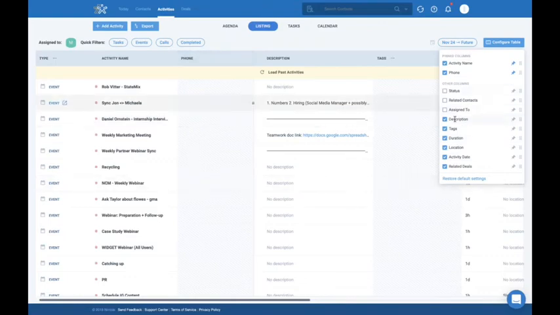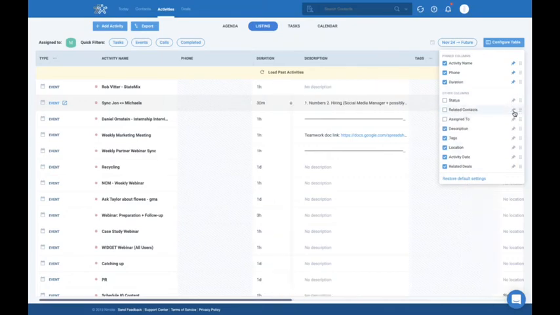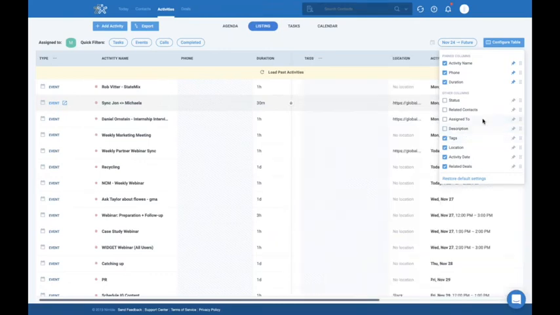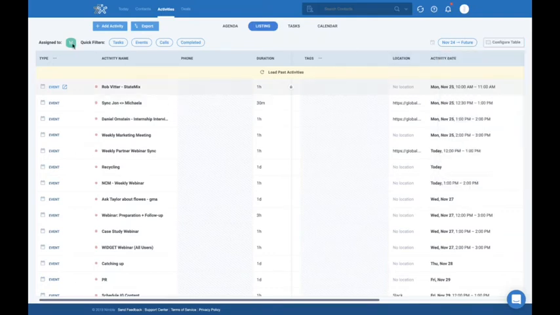You can also drag and drop, pin those that you want to see in the front, and also uncheck those that are not relevant to you. You can also pull up a list of the specific tasks that are related to you or anybody else on your team. And the list can also be exported, so you can save it and email it to somebody, or